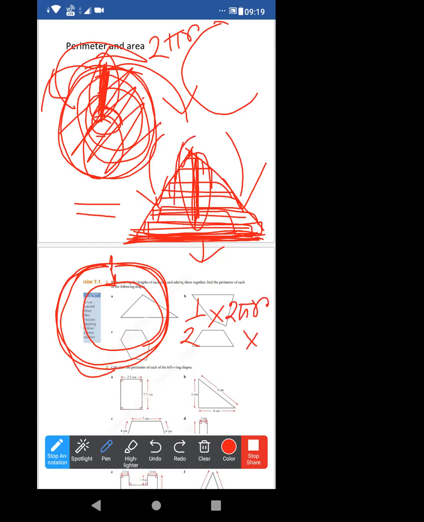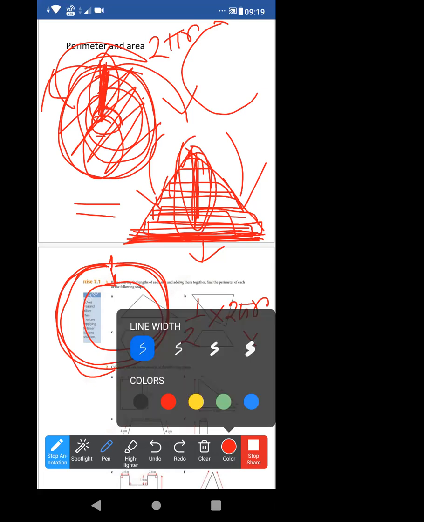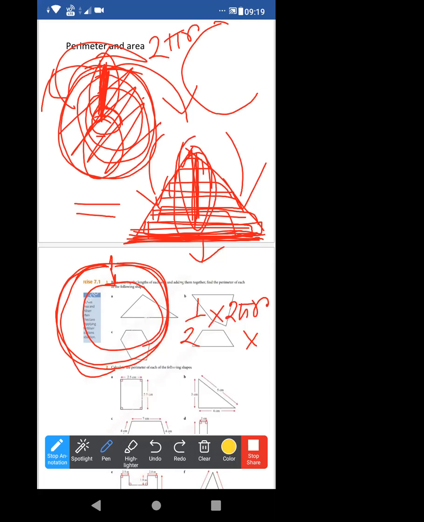Height means this one. Just look, I am marking it by R. R is the height. So into R. Now look, what will be the area of this? This 2 will be cancelled out. It will be pi R into R, that is pi R square. Now is it clear how the formula came?